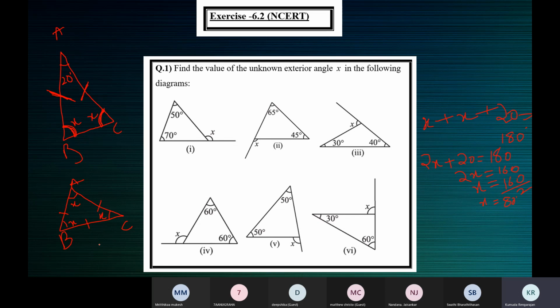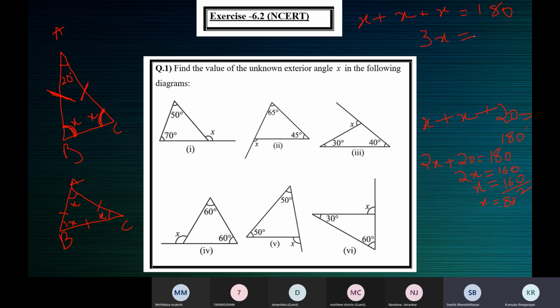I did not get this answer. x plus x is equal to 180. Okay, how do we solve that, children? Ma'am, 3x is equal to 180, ma'am. Since we have 3x, we divide 180 by 3 in order to separate the variable, ma'am. So the equation will come as x is equal to 180 divided by 3, ma'am. As we know that 180 is 60 times in the 3 table, so x is equal to 60 degrees, ma'am.